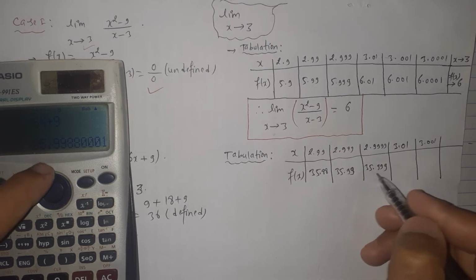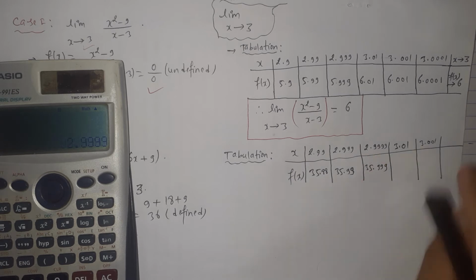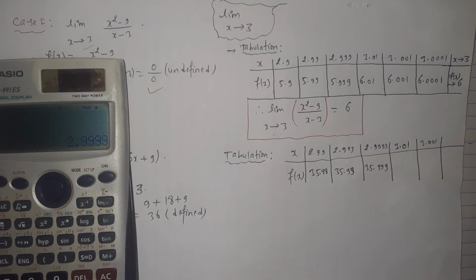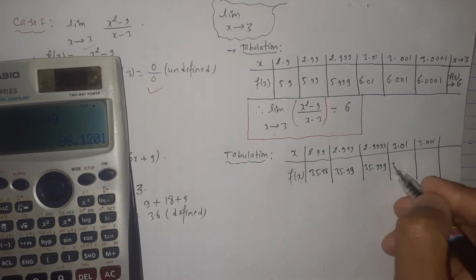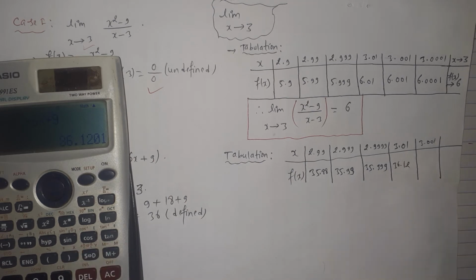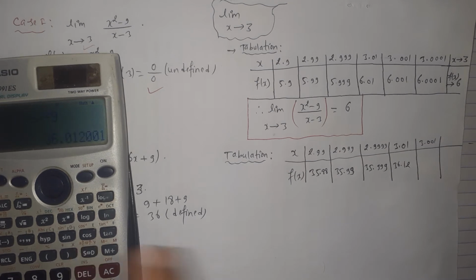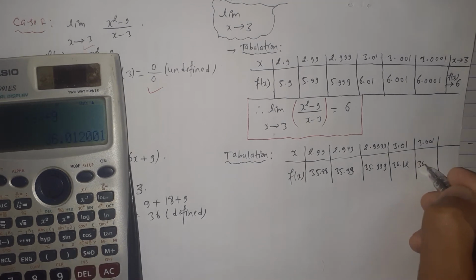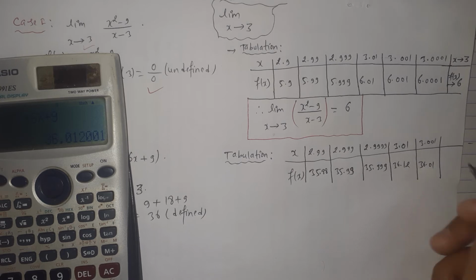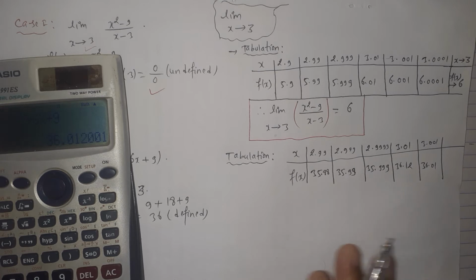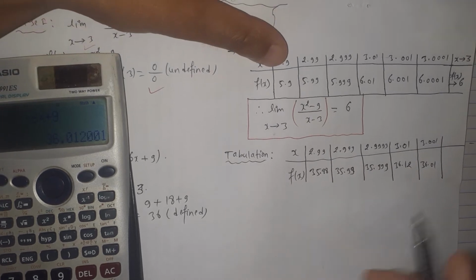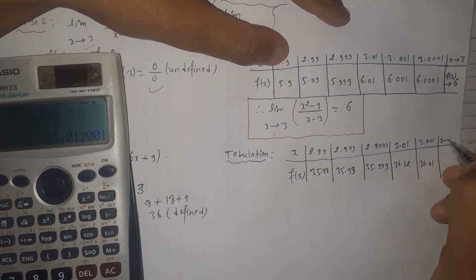35 nearly equals 36. Let's take the other inputs here. 3.01: at this value, 36.12. At the next input, 3.001, the value here is 36.01. Here we calculate the functional value at different values of x, as x approaches 3,